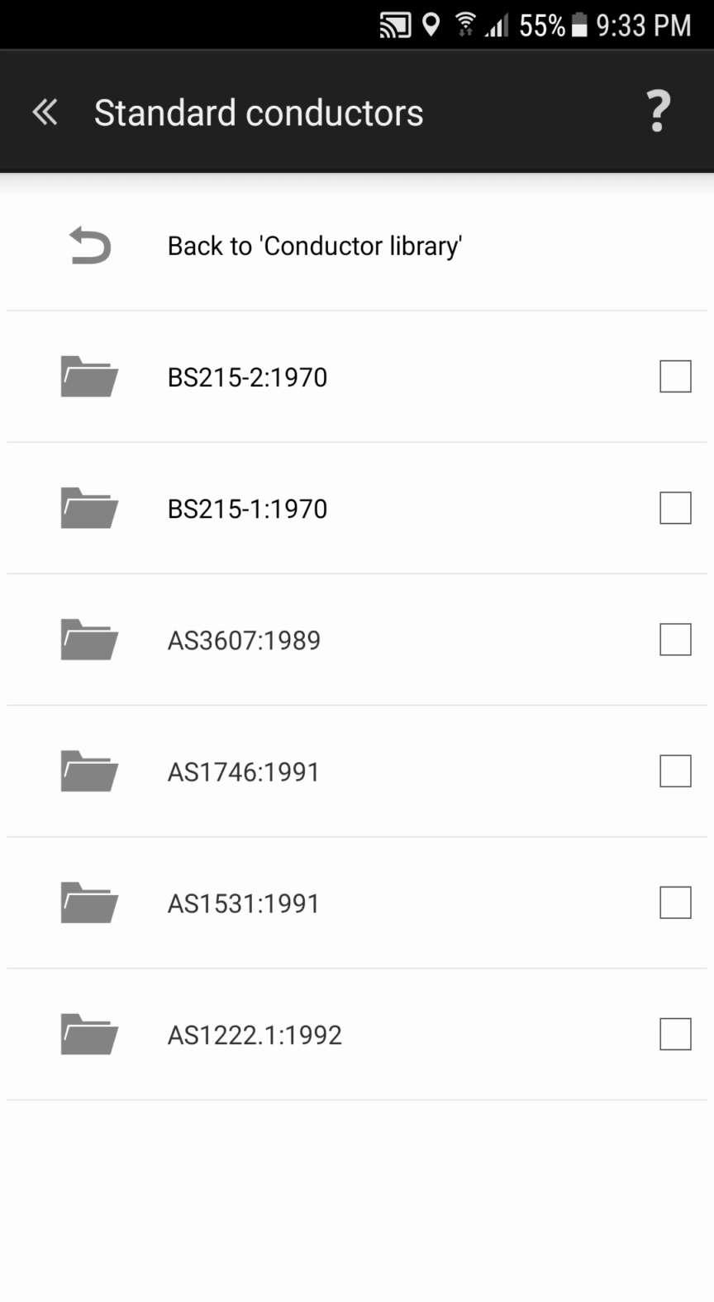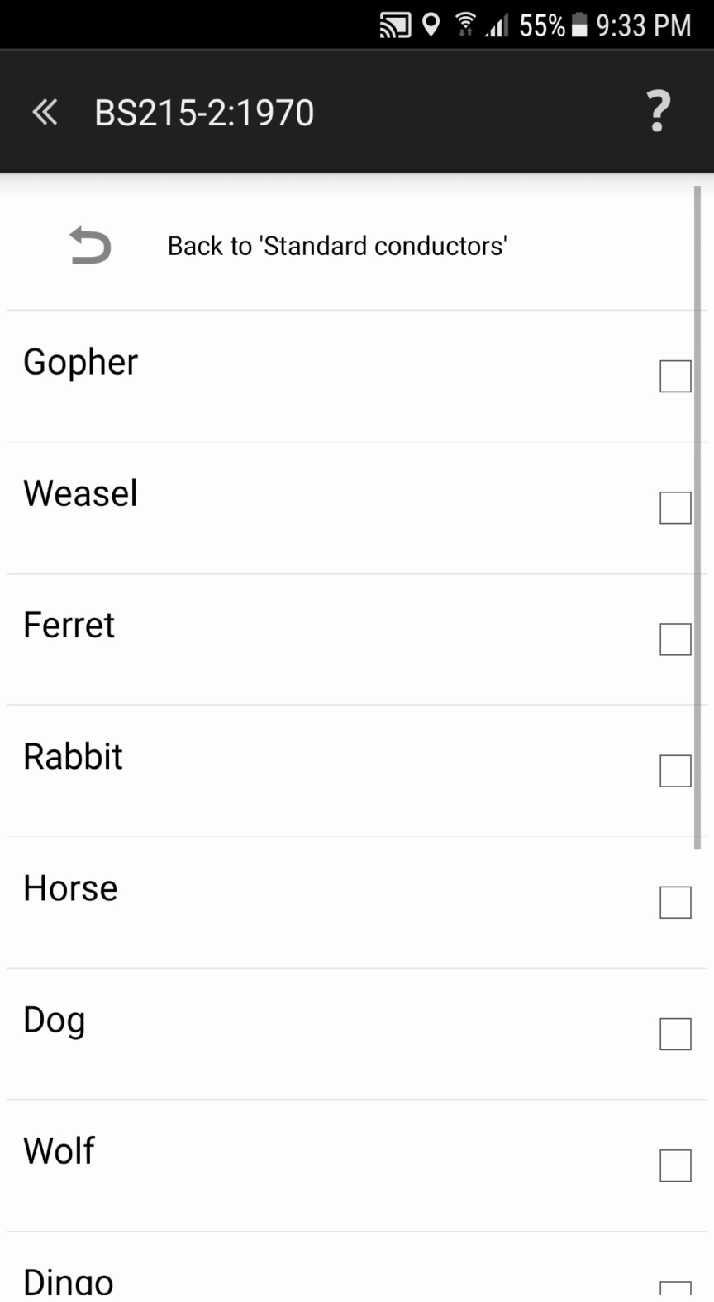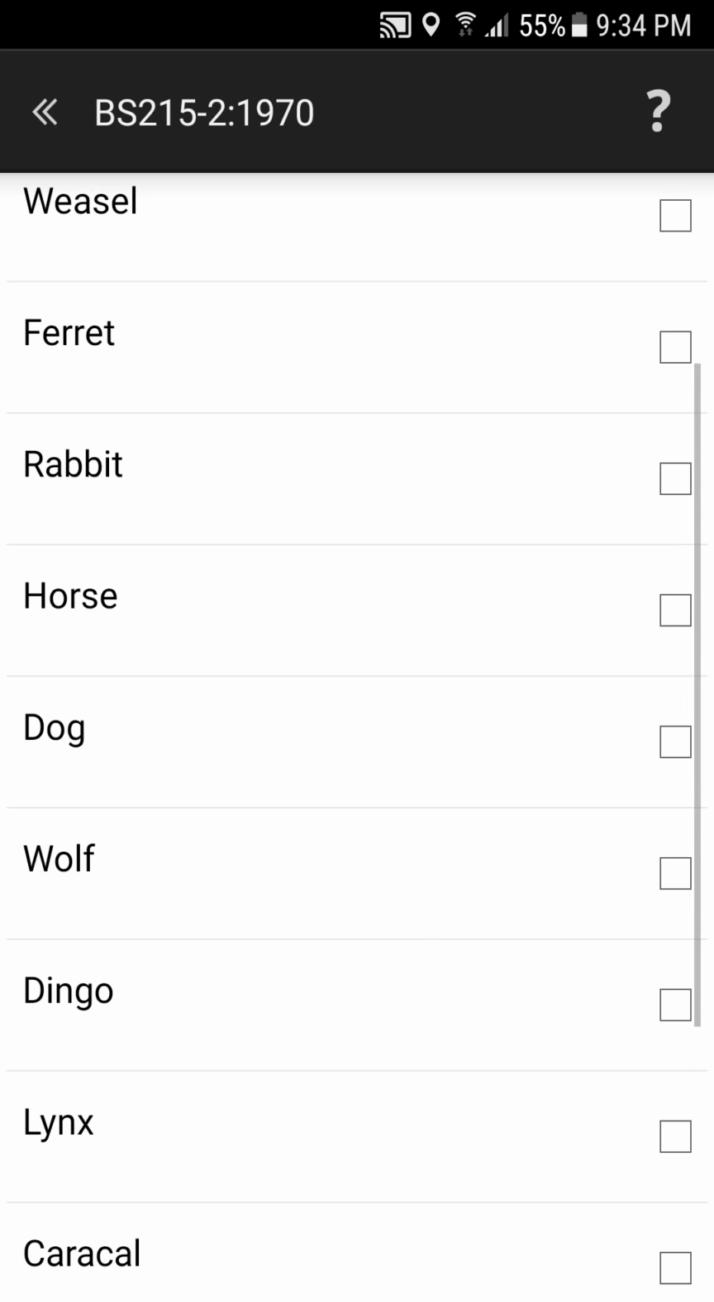But going back, the next one is standard conductors, and those are the ones that we've built in. So you can see here the folders are all arranged around the names of standards. And we've got a small selection here, but if you've got other standards that you'd like to have added, we can do that. Just let us know, and if you can provide us with the standards, then we'll be able to put them in. So for example here, we've got a British standard at the top, BS 215-2. And we've got these conductors in here. So say we wanted to have dog, we can select that, add to available conductors,